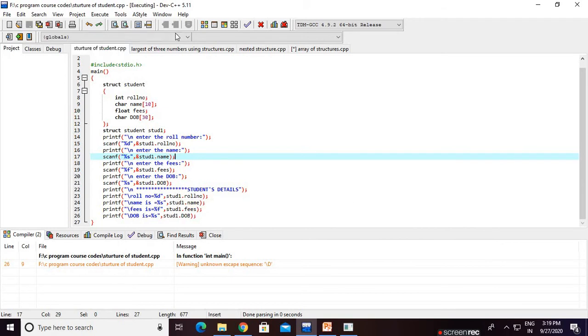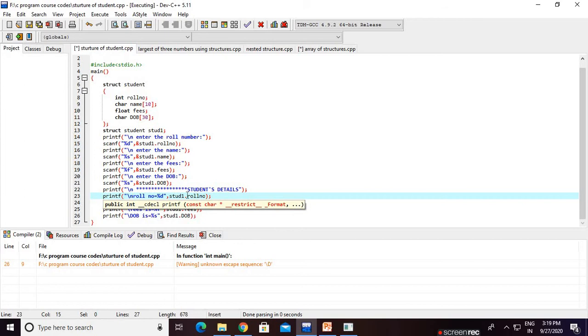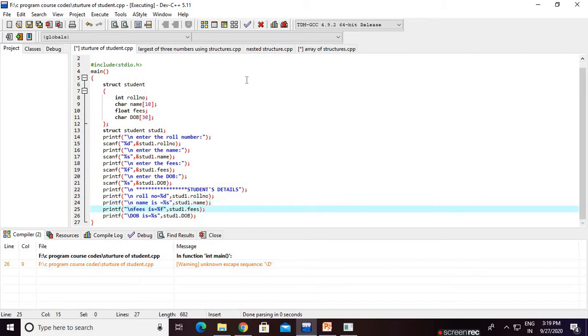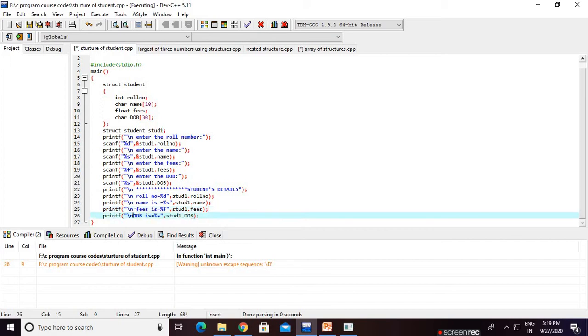What is wrong? The result is printed, but not as we expected. We need to add a newline, backslash n, in the printf statements.